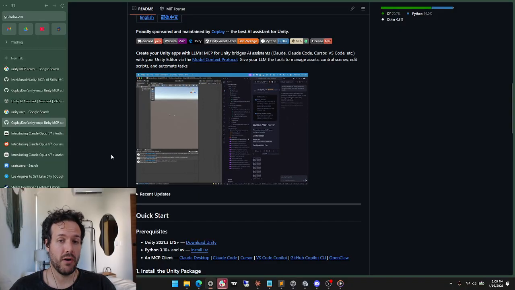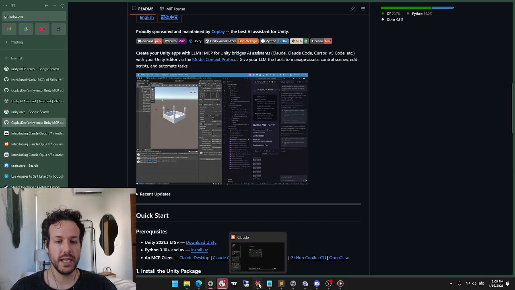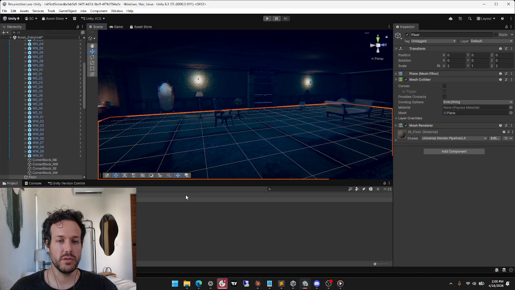The really powerful thing with this is that when you connect it with your actual workflow within something like Claude, when I'm completing tasks, having it write code and things like that, it will actually jump into Unity. It will test the changes. If there's a bug, if there's an error, it will go back, fix the error, and continue to iterate like that until it feels good.